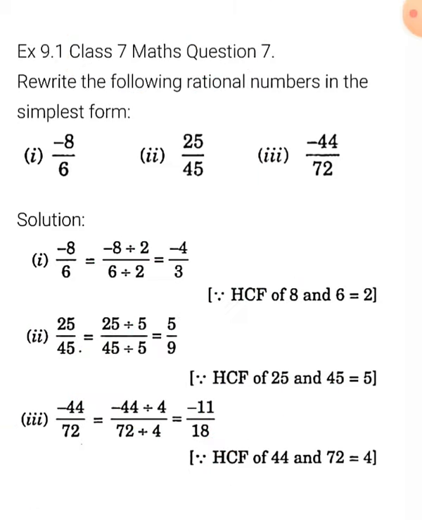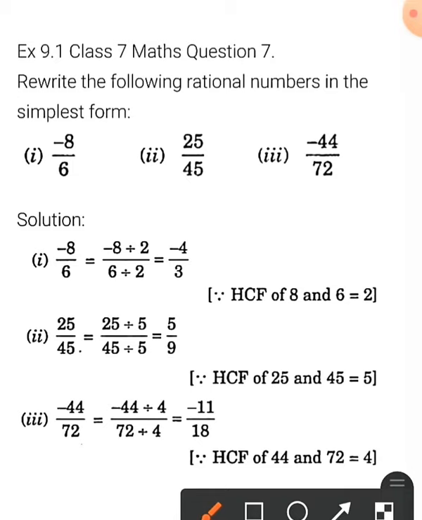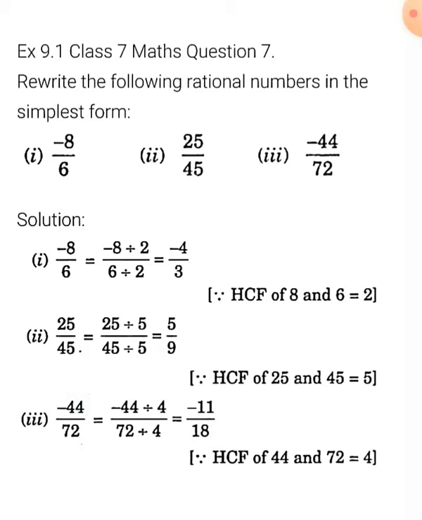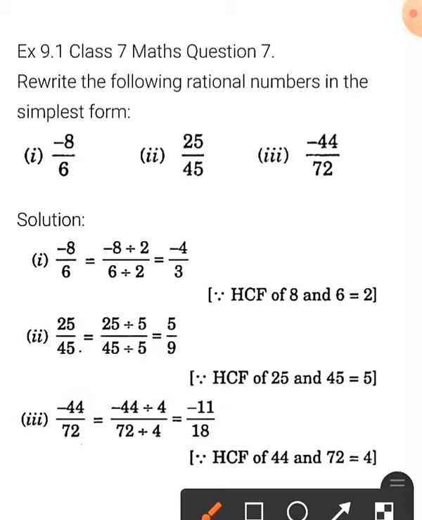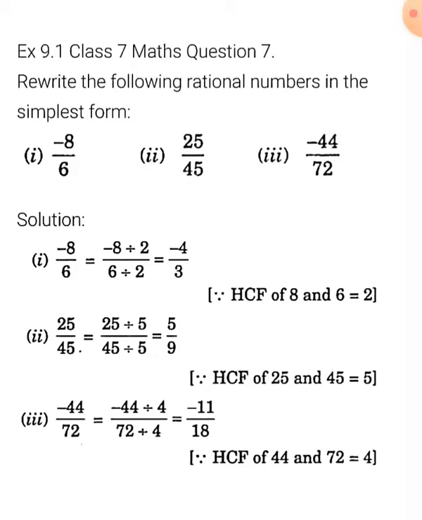Whichever method you apply, the answer is going to be the same. So cancellation का जो answer है वो same आएगा. और माइनस दिया है आपको क्वेश्चन में, तो यहाँ पे आपको माइनस आंसर में रखना है. So -11/18 is your final answer. You can start cancellation with 2, you can start cancellation with 4, you can start cancellation with any number in which it is possible. So this was question number 7 of exercise 9.1, hope you understood.